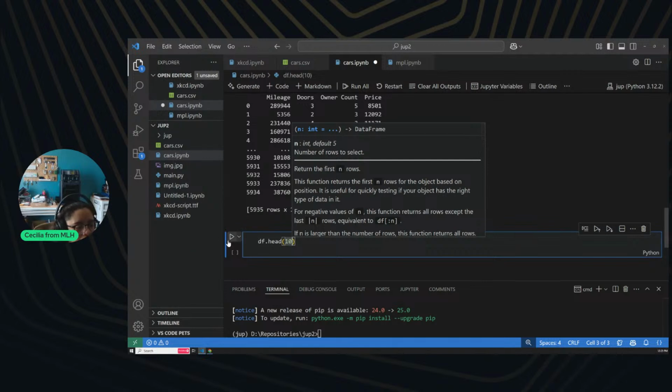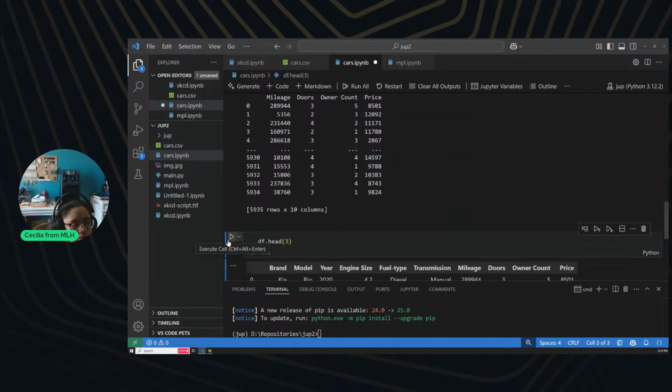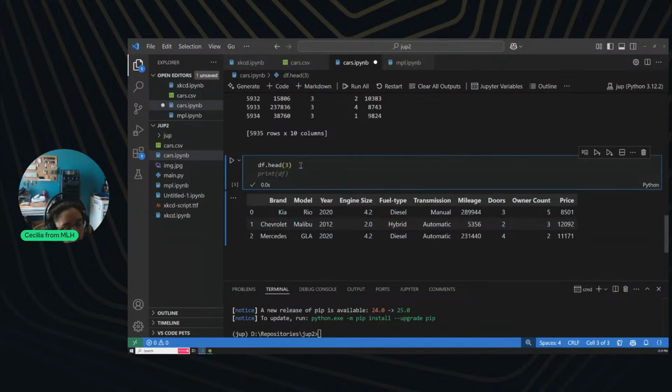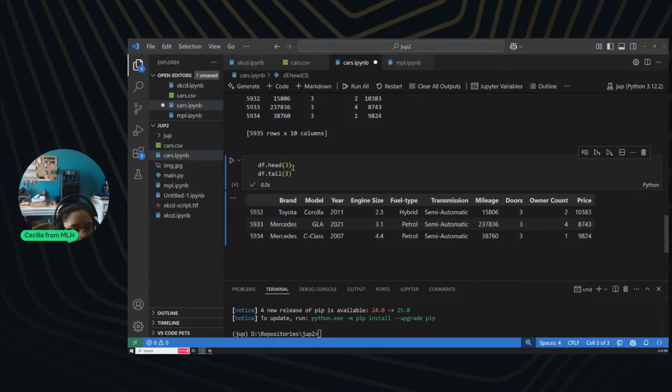Let's say I only want 3 rows. Again, it has this nice formatting. I can see everything. We love it. It's so readable. It's so friendly. But what if we also want to see the last 3 values? You want to get the first and last view. And so